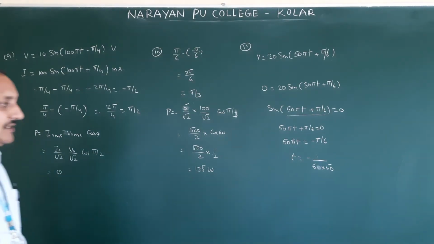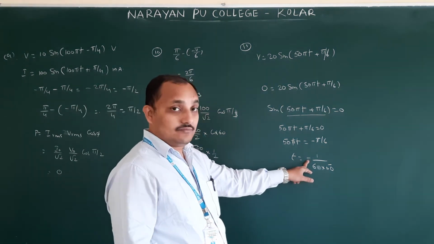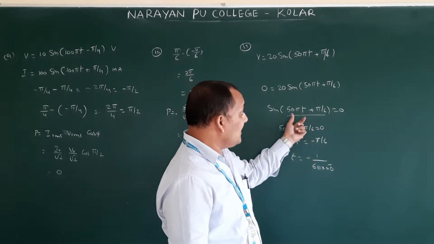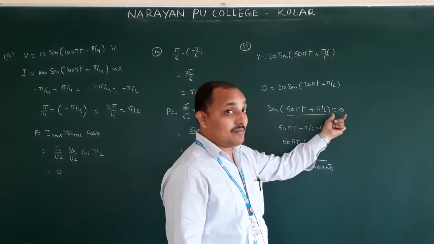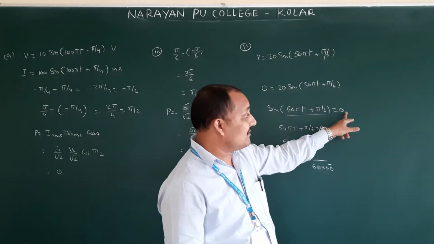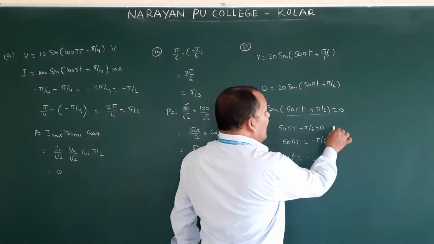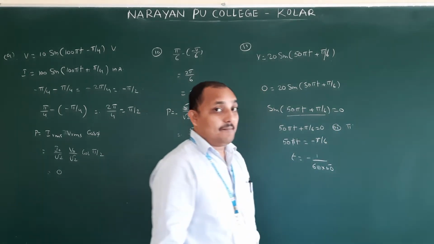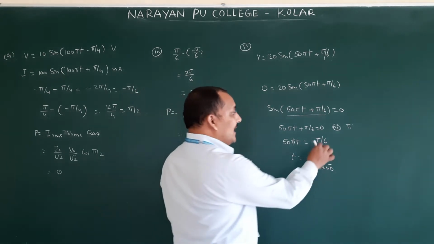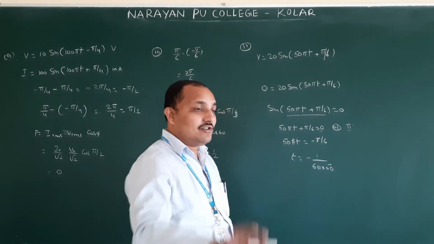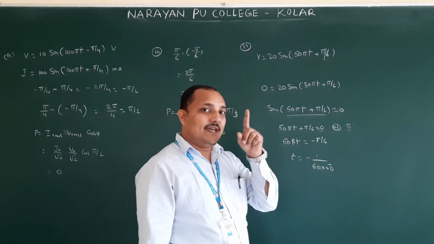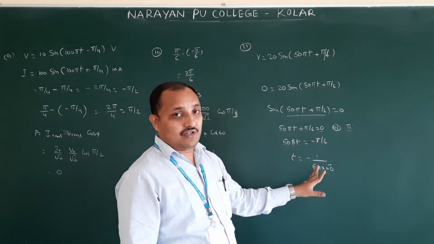This is one model, but you got here minus. But time will not be minus. Sin θ is equal to sin 0, 0. But sin π also is going to be 0. Therefore, sin θ sometimes equals 0. θ may be 0 or which value? π. Sin nπ is 0. Correct only. Sin 180 also 0 only. Therefore, you can take either 0 or π. Why you should take 0 or π? Because if you have taken 0, how much you got? Minus you got. Time won't be negative. Therefore, 0 you should not take.